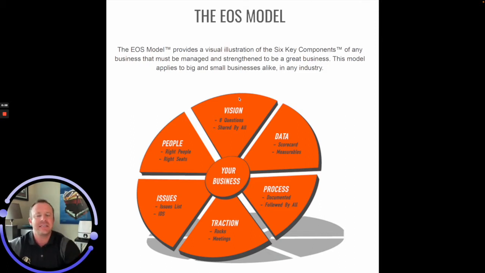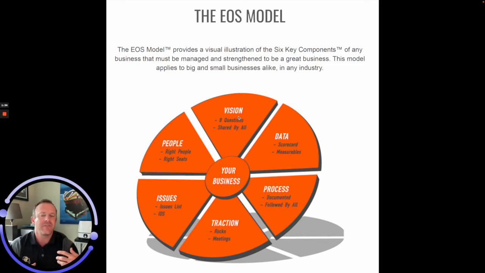So as you can see, there are 6 quadrants. All 6 of these are very important and key to taking Summit Communities in the right direction and being successful. Right off the bat, on the top, you're going to see one that says vision. Vision is basically strengthening the company by getting everybody in the organization 100% on the same page, both on where we're going and how we're going to get there. With vision, we've got 8 questions. We have a leadership team that meets quarterly and helps steer the entire company in the right direction.